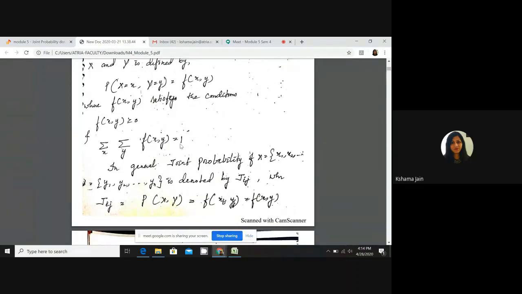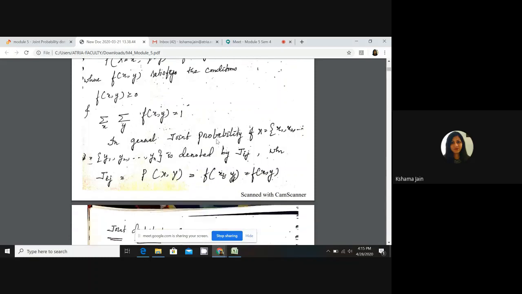So hopefully you remember in the fourth module we were having data in which the term k was there. Then we were using the summation p equal to 1, and after putting the summation equal to 1, we were getting the value of k. That is why I am reminding you that the sum of all probability is distributed among different probabilities, and that sum can be maximum equal to 1. So same here, this summation is equal to 1. In general, the joint probability sum is equal to 1. It can't be less than 1. It should be equal to 1 only.